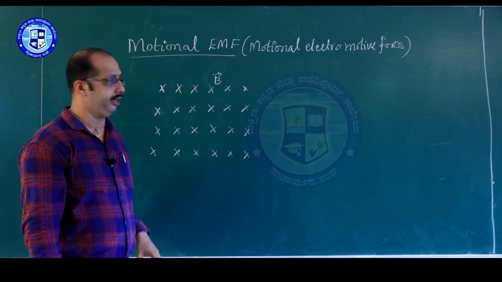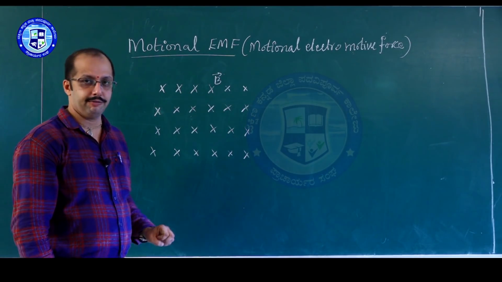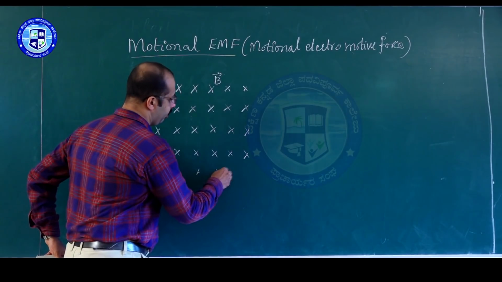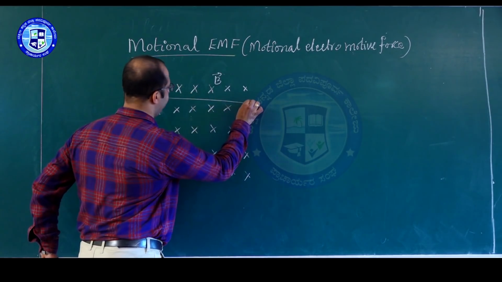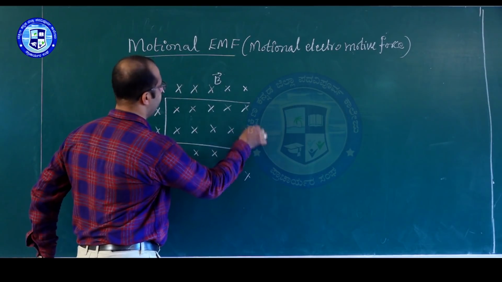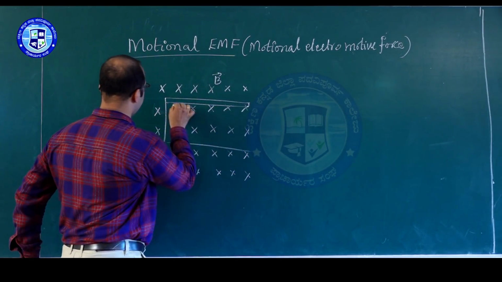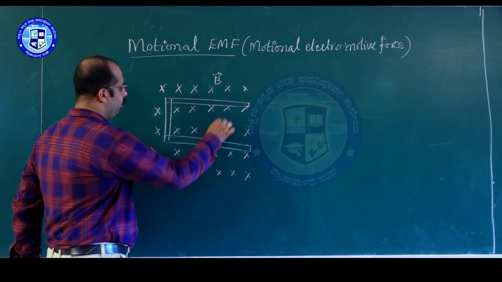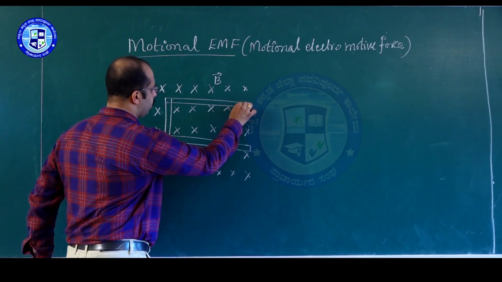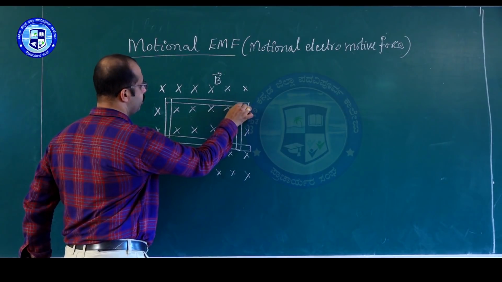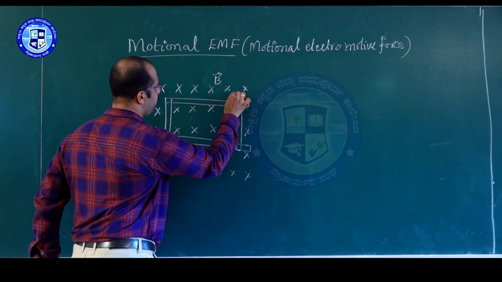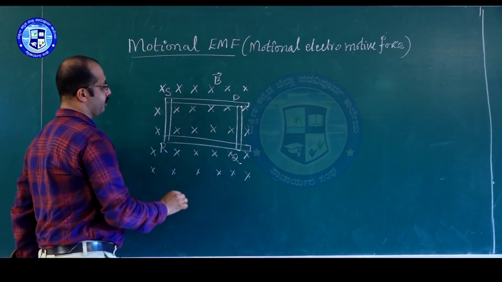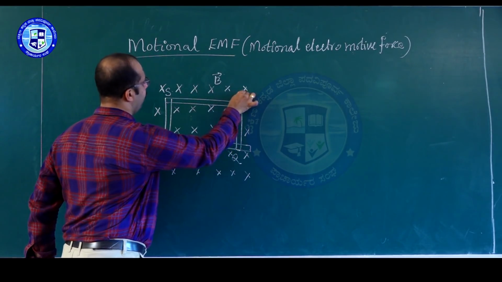This is a uniform magnetic field. We consider in this uniform magnetic field how you change the area. For this we consider a rectangular frame, a rectangular conductor. In this rectangular conductor, one end is considered to be the movable part. This is the movable part, considered to be P, and this is Q, and this end is R, this end is S. So, consider this rectangle.